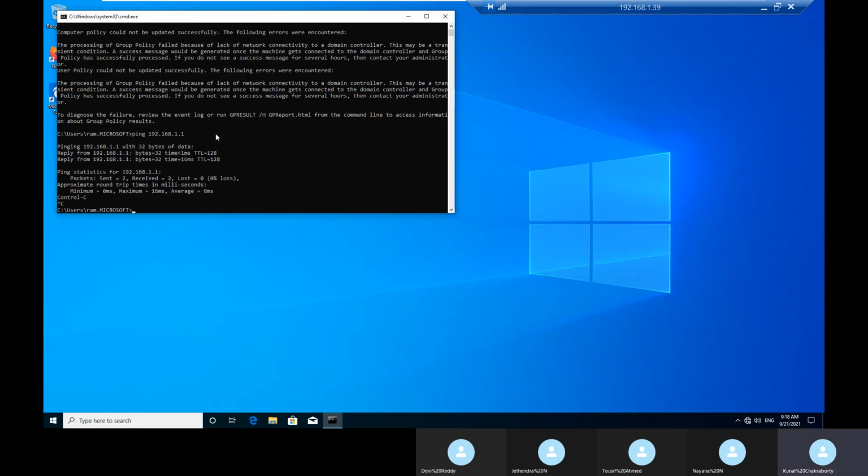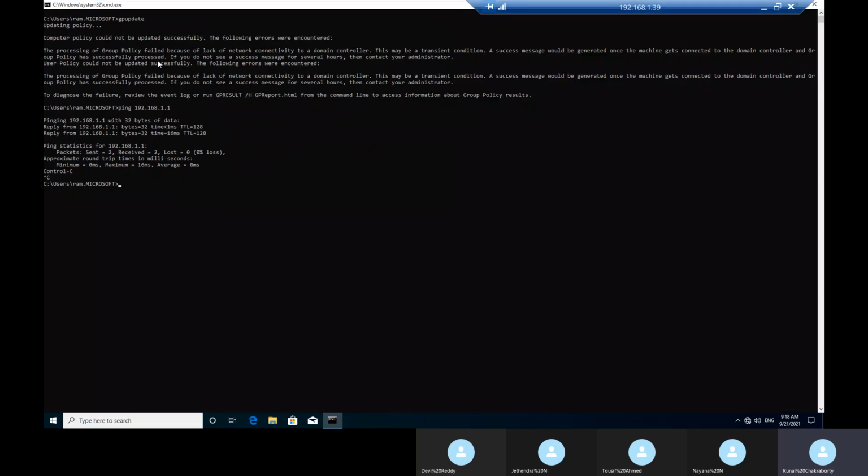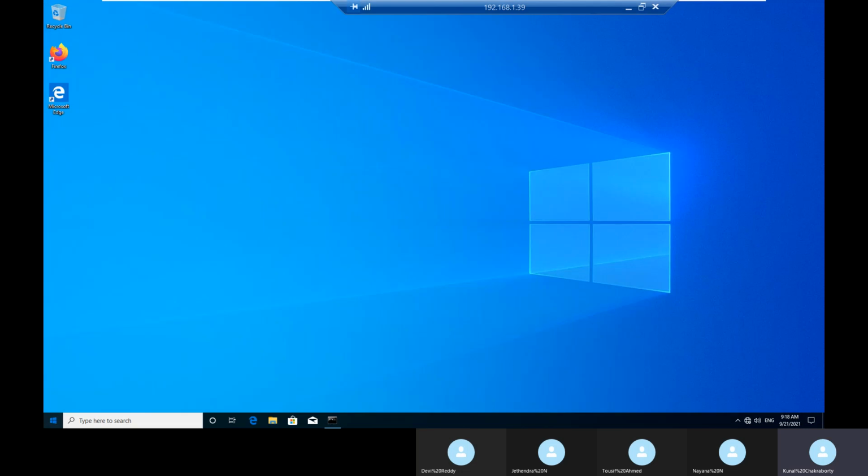There is some problem with the connectivity. Here it's saying the processing of group policy failed because of lack of network connectivity to a domain controller. Okay, let's see.